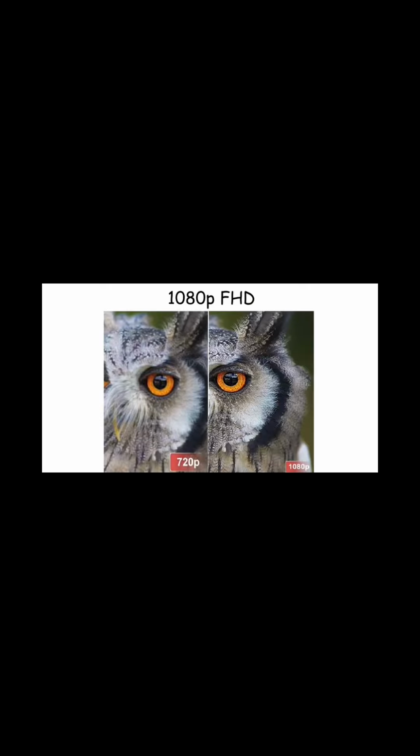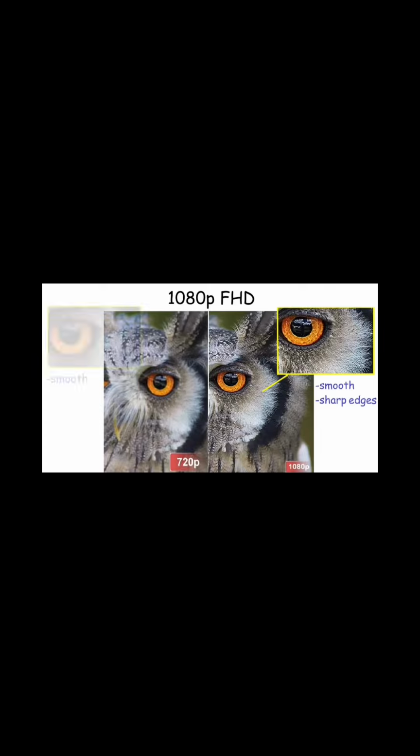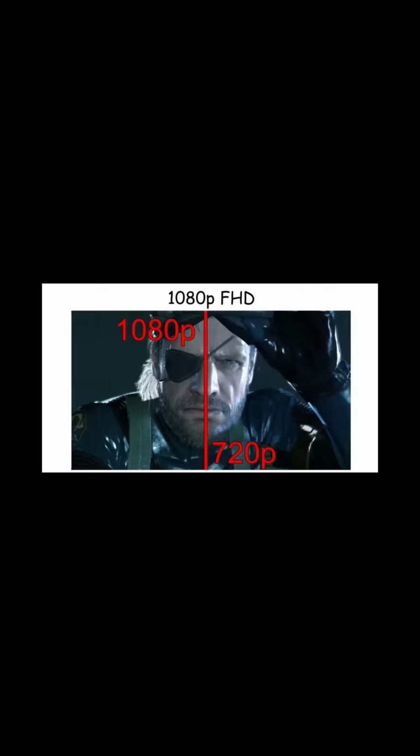So the reason why this resolution is so widely used is because it looks smooth but also sharp, while lower resolution like HD is only smooth but not sharp. Also, when we play video games, you can even see wrinkles and solid lines on someone's clothes very easily. But those details become invisible when you play it in HD resolution. Another great thing about 1080p